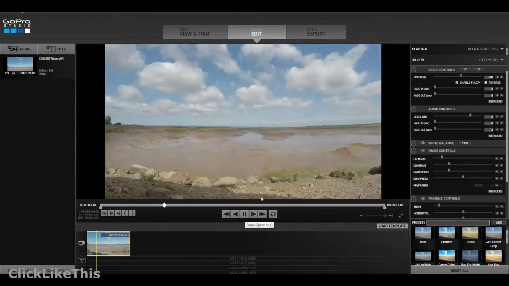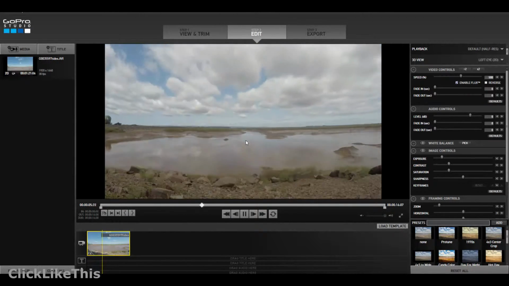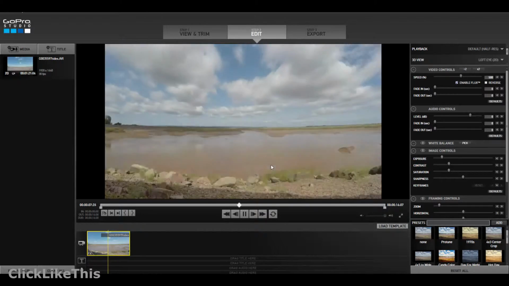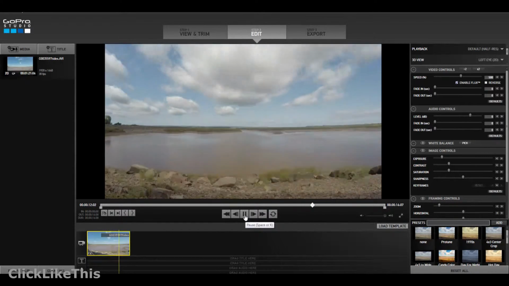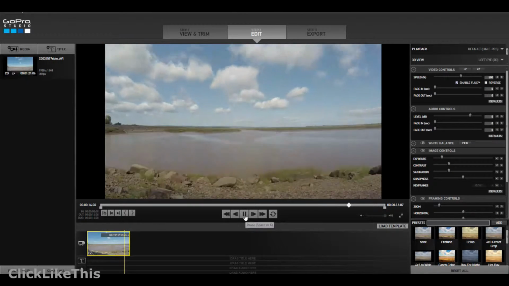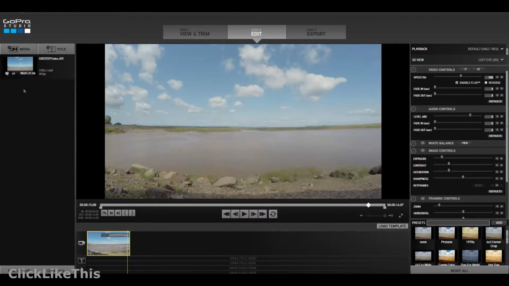So you can see there's a lot of action. You can check here and see where the water's coming in, and so there's a lot of activity. What I want to do with this though is so that when someone watches the video, they can really see what's happening. I'm going to just click and drag it in again, so it's a second